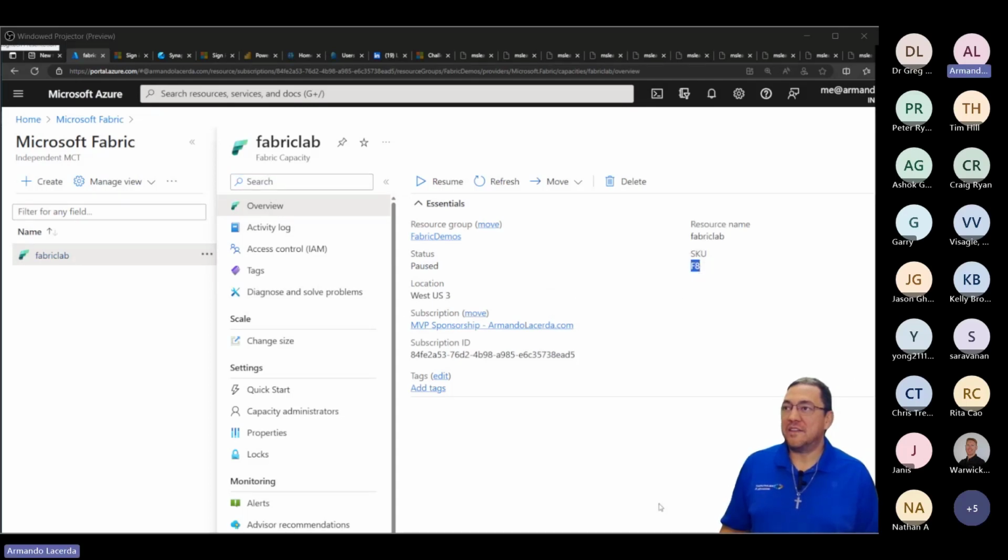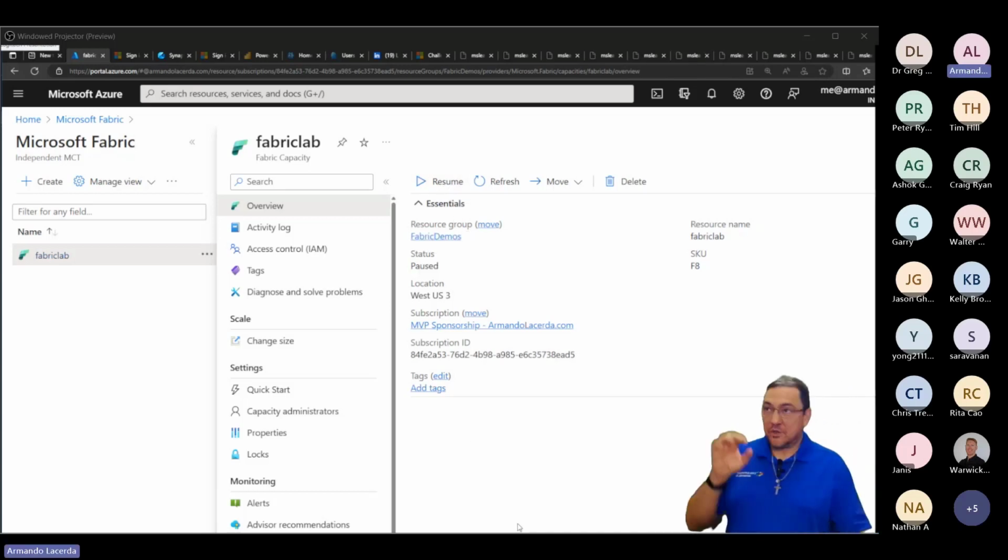And F8, I just have it there because I want to keep this environment working, get my storage there. I don't want to have my OneLake go away and all of that. So I kind of keep it there, and I keep it paused. You see, it's not running. If I want it to run, I have to hit this resume button here. So at this point, it's paused.